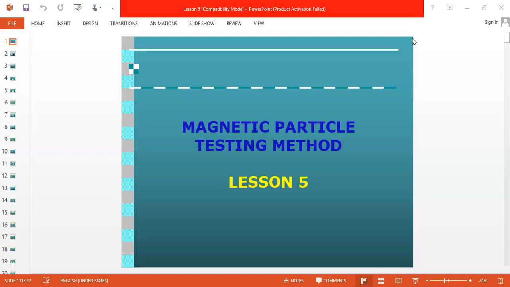Then we saw another technique, longitudinal magnetization. In longitudinal magnetization, one example is coil shot. In the coil, we are sending current circularly, and the magnetic field will be longitudinal. The second example is yoke. In the yoke, there is one coil inside. If we send current through the coil, the current will move circularly, and the magnetic field will be longitudinal. That longitudinal magnetic field we are sending to the job. So these are examples of how we generate a magnetic field in the specimen.